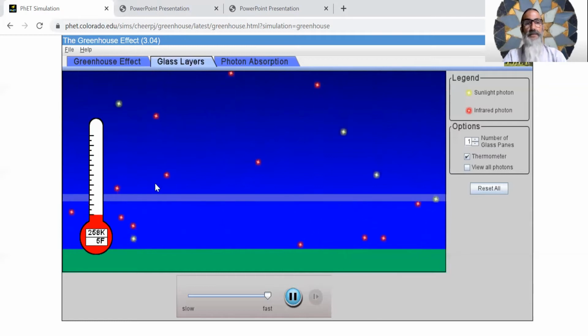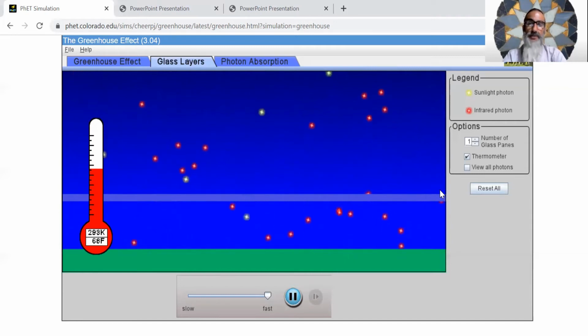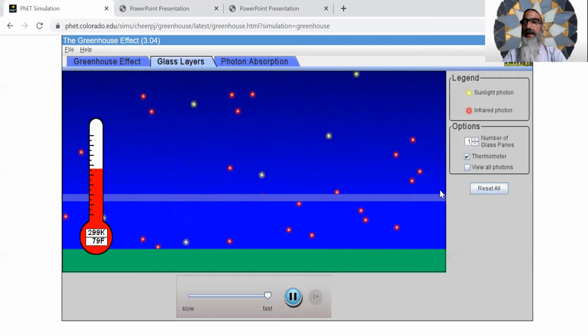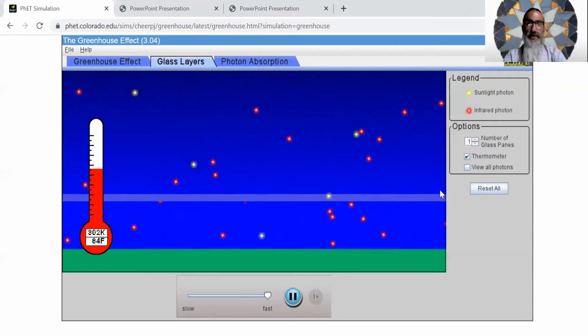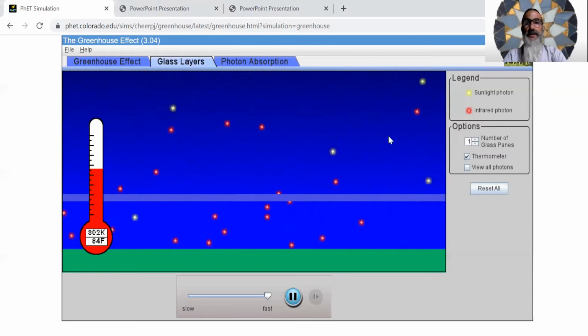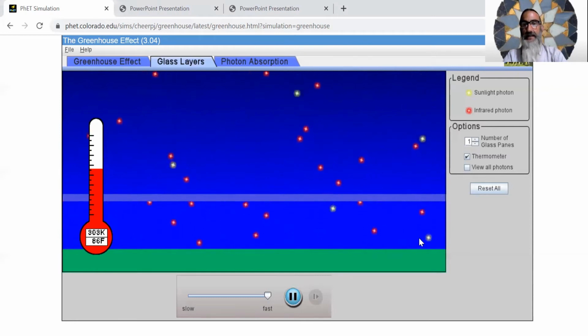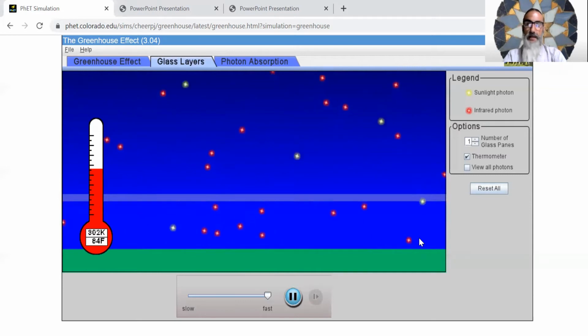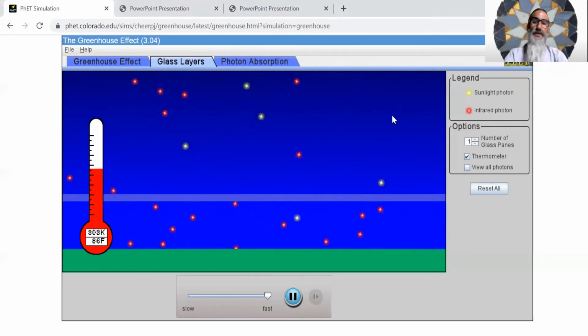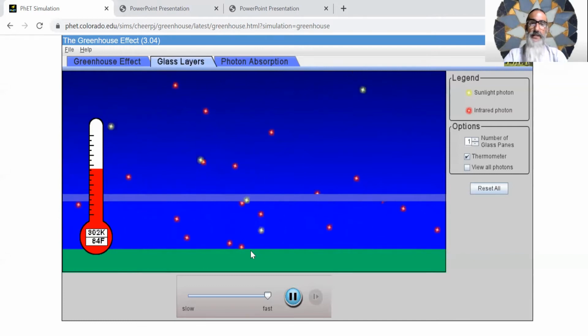Okay. Now, if you don't know what a greenhouse is, it's okay, because I'm sure that you know what a car is. And I'm sure that you've observed that a car with the windows rolled up traps in heat very well. Okay? The sunlight comes through the glass, right? The glass is transparent to the sunlight. The sunlight comes through, as you can see, gets absorbed by the Earth, and then as the Earth emits heat,